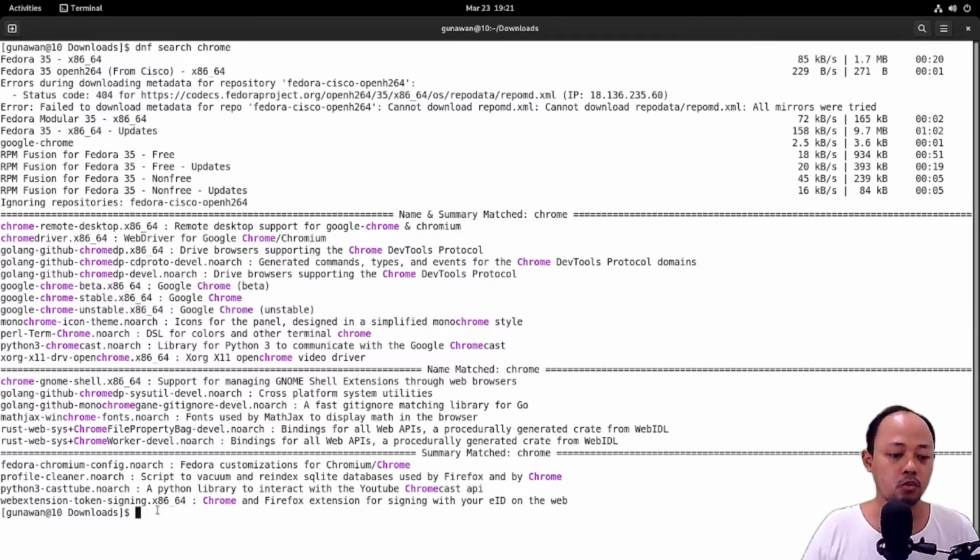So if we want to update our Chrome browser, we can use this command.